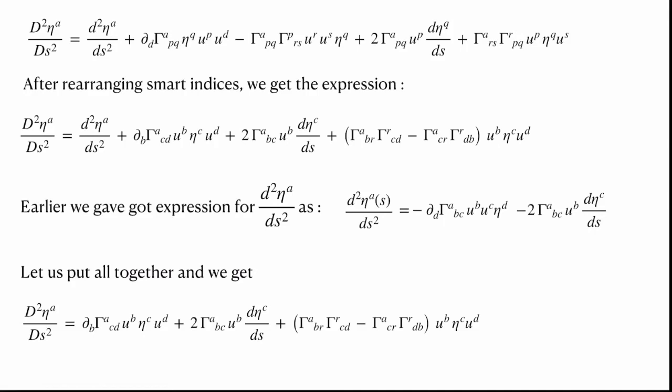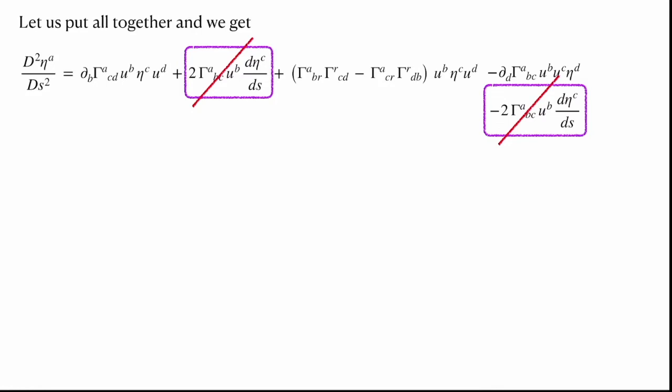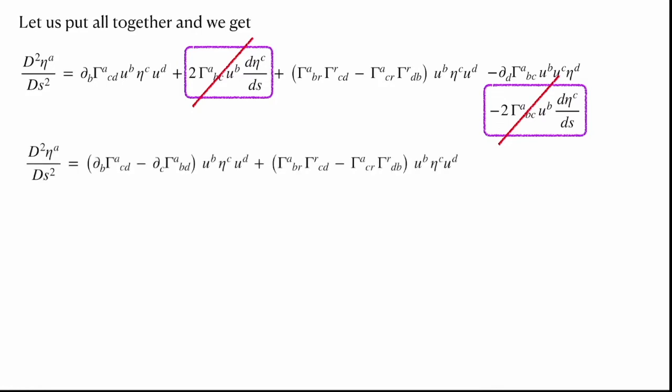Some of these terms might go away, so we have to add two more terms which come from this one and this one. We see that this term and this term are exactly the same with opposite sign, so they will go away, as they add up to 0, and we no longer need them. Then the rest are four terms, these two, this and this. Let's combine all of them and write a neat expression.